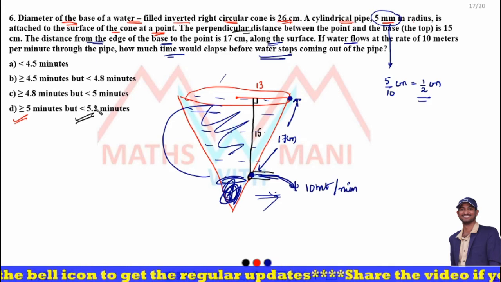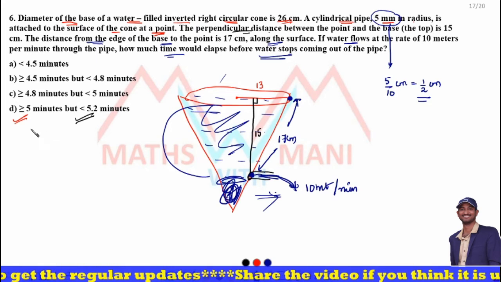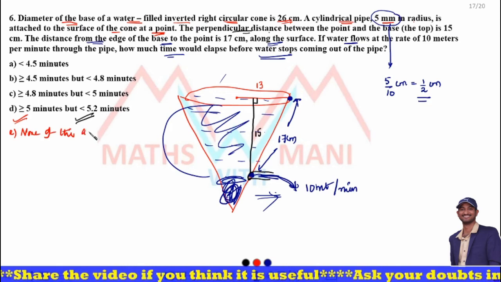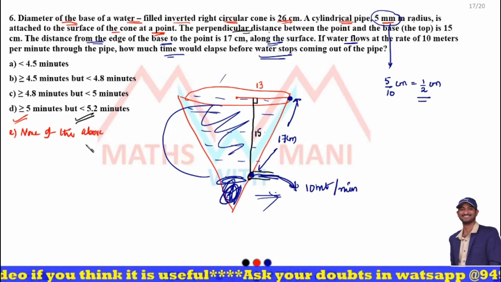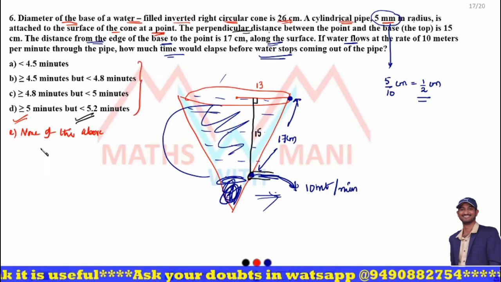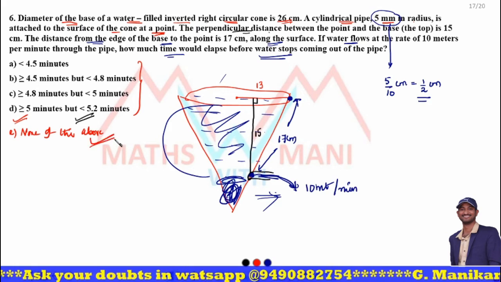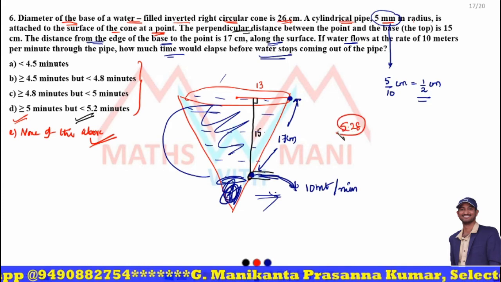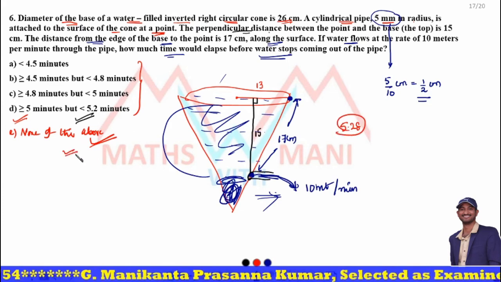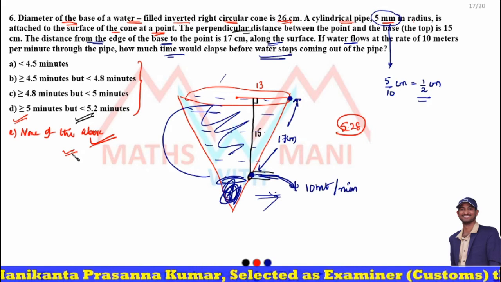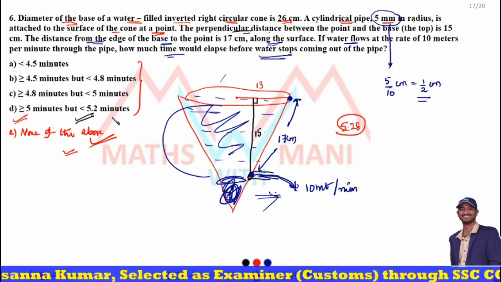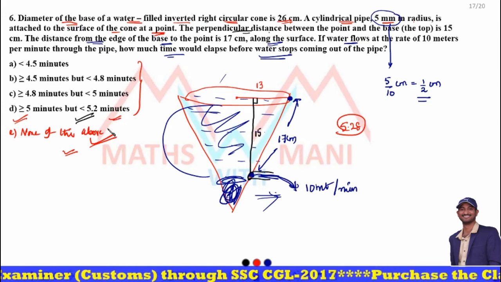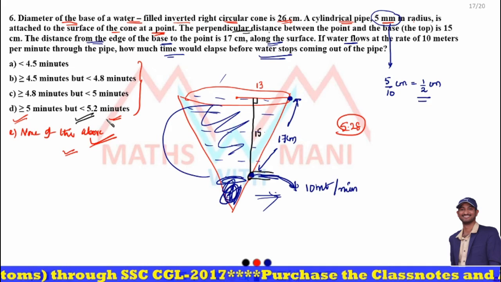Basically, in the SAT exam there are 5 options. Okay, suppose there is another option, none of the above. I put only 4 options because SSC gives 4 options. Okay, suppose an option is none of the above, then none of the above is the correct answer. Why? What did we get? 5.28, which is more than 5.2, not less than 5.2. Then we should choose none of the above. Please be clear with the options. Okay, since I eliminate that option and need to mark the remaining one, that's why I'll put the fourth option as the nearest answer. Clear? I hope all of you are clear with this problem.